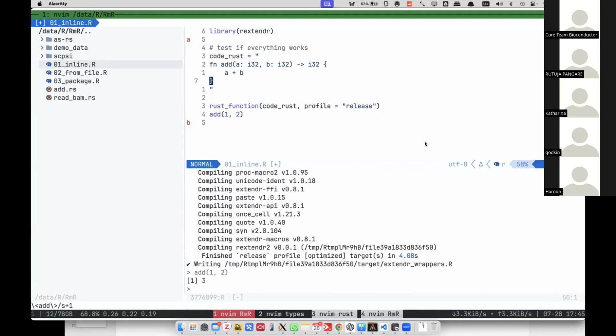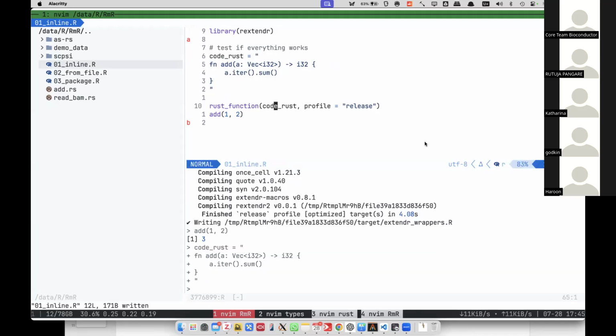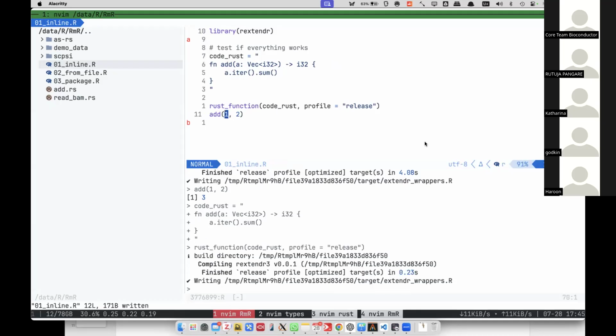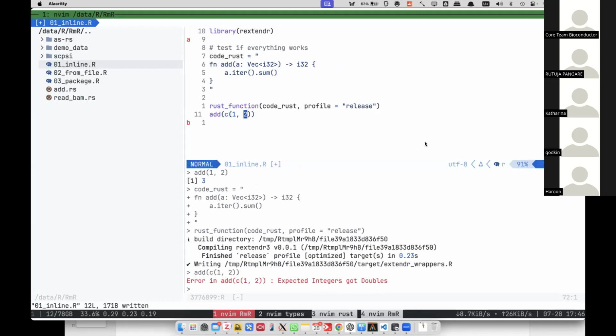Then you can try a different way: take a vector as input and output the sum of all the values in the vector, compile it again, and then run it.